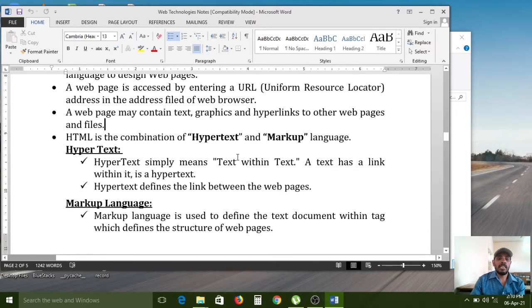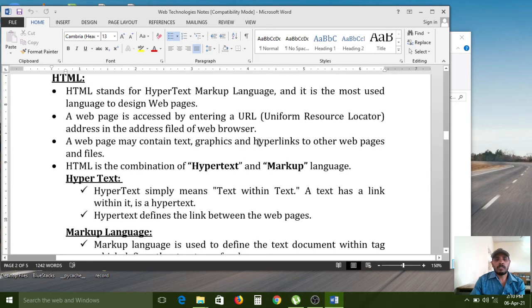Like your roll number. For example, in your class of 60 or 120, you have roll numbers. Can each and every person be identified by name? No, because one name can belong to different persons.